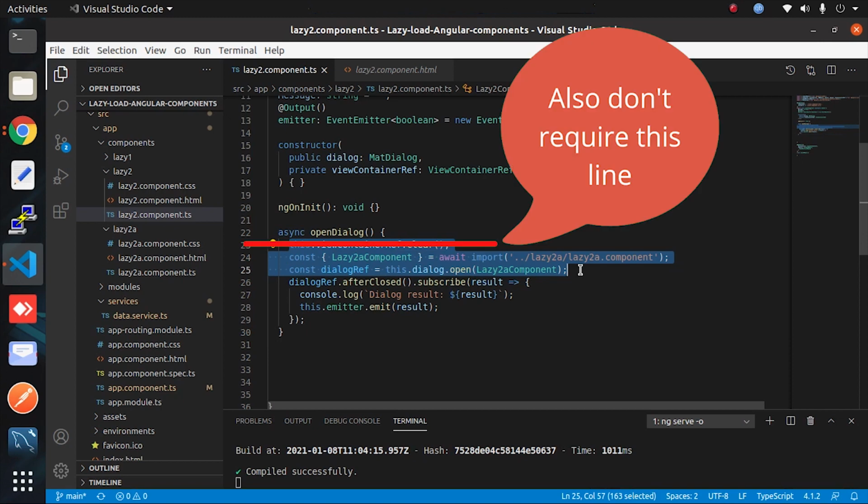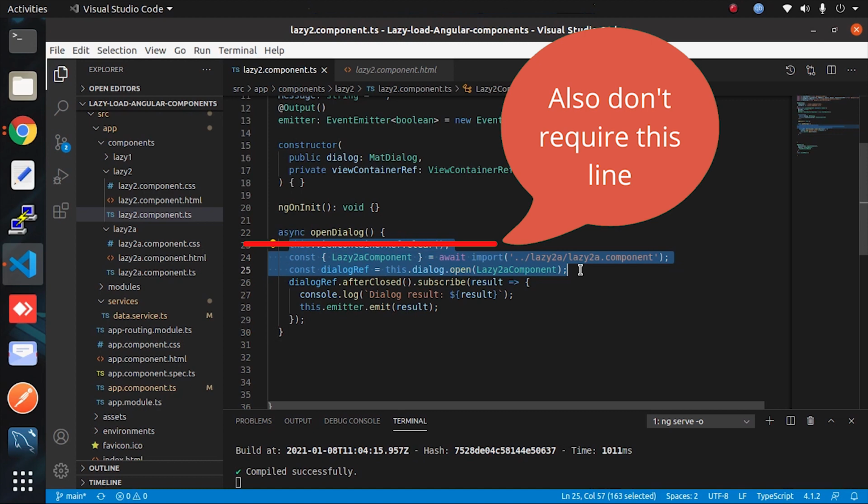Now you might be asking why we are not using it here. Let me explain again. View container reference is just another container which is going to hold the different views, and lastly it is going to render them on our DOM. Those parts are going to be done by the dialog itself, which provides us the functionality, so we don't need to write those lines again.